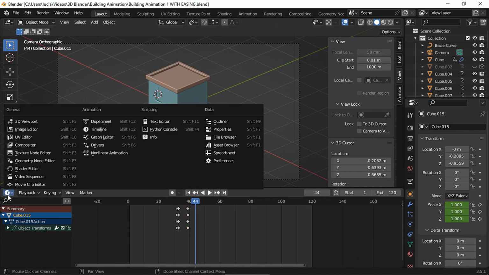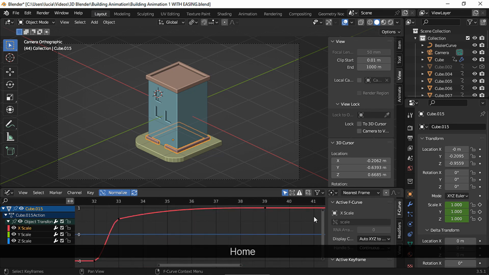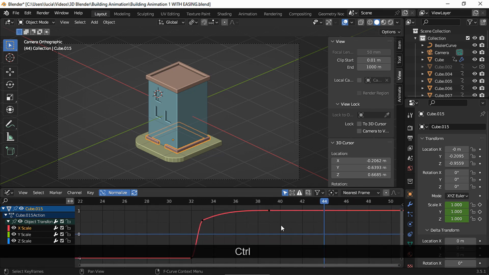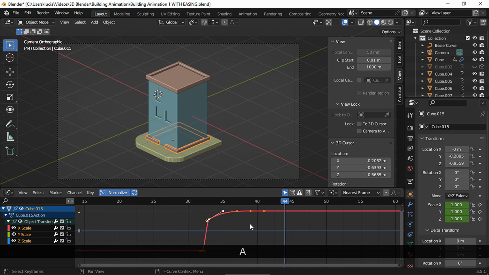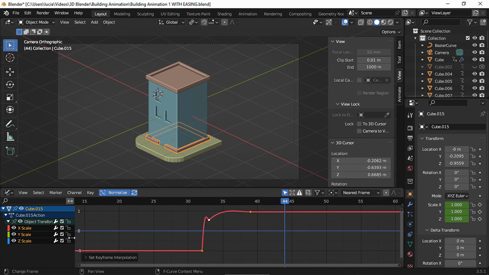Let's go to the graph editor. A to select all and choose back. And now all our curves have this shape.